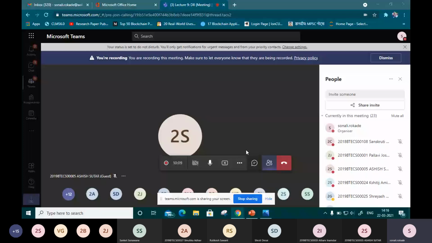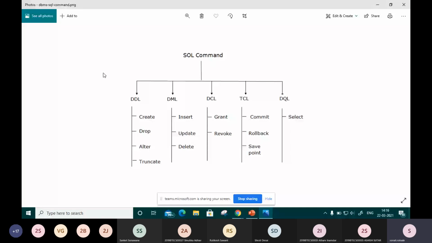Yes. Okay. So already in the first lecture, or in the first module, I have introduced what the SQL commands are. Those commands are distributed as per their functioning, and they are called languages.